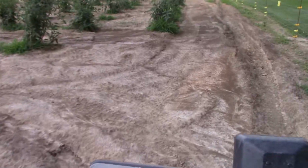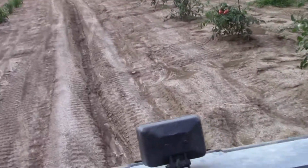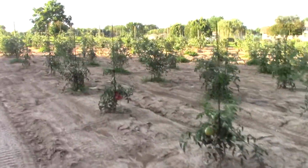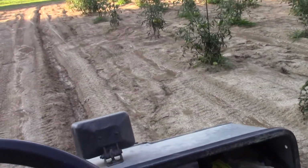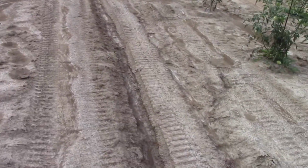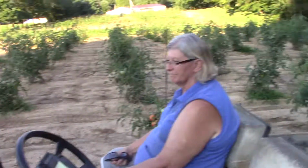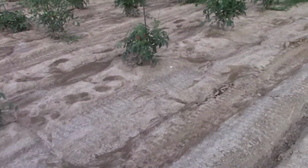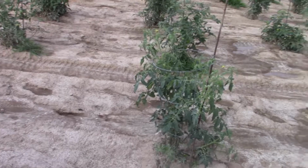I got a little 2-stroke rototiller. And I was talking to 2 women on a small engine shop about 8 miles from here in my hometown, and